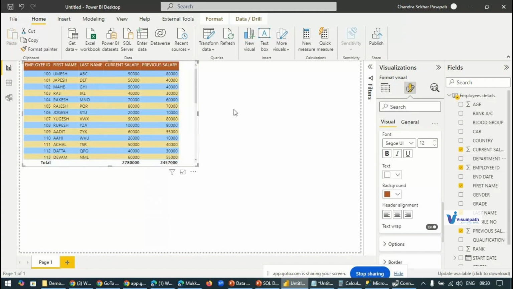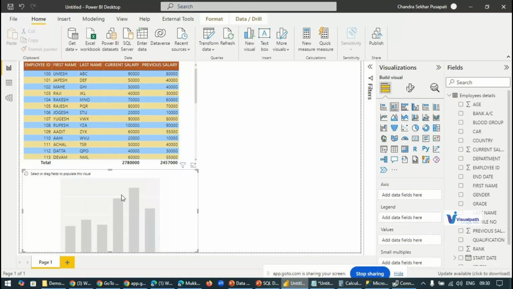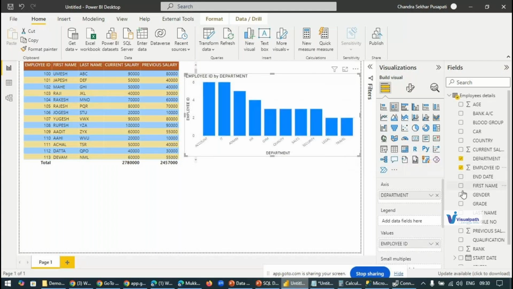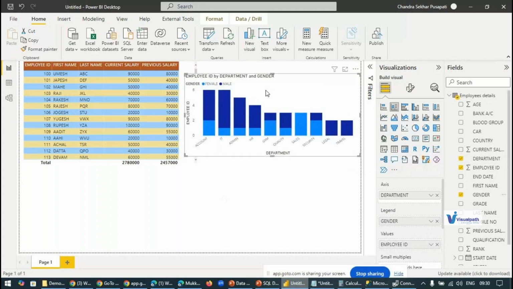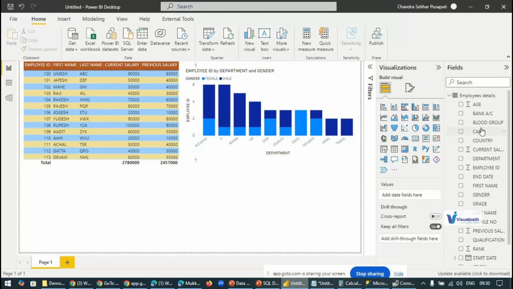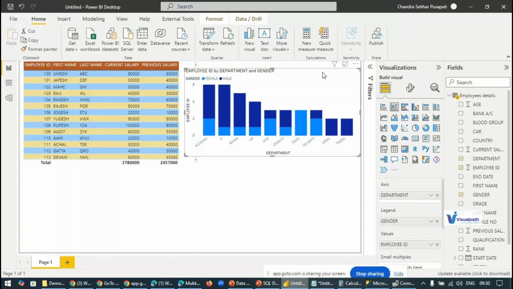So if you want to create a bar chart, you can create a bar chart. See, Power BI work means not only displaying a table or bar chart. If somebody gives you data and your work is just displaying, how much time is it taking? Minutes only.